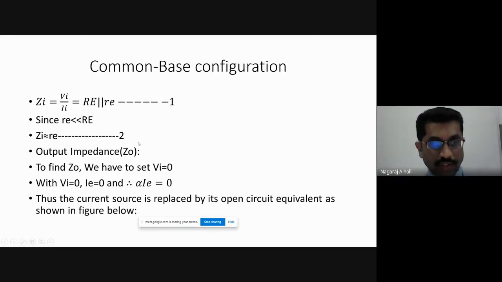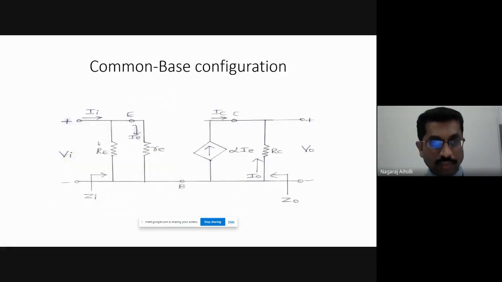Output impedance is Z0. If you want to find Z0, we have to make the active sources in the circuit 0. We have to turn off the active sources. Which is the active source here? Input voltage Vi applied is the active source. Make it 0 to find the output impedance, because that may affect the performance parameters. According to the rule, we have to make the input voltages 0, or turn off the active devices. Okay, so make Vi equal to 0.